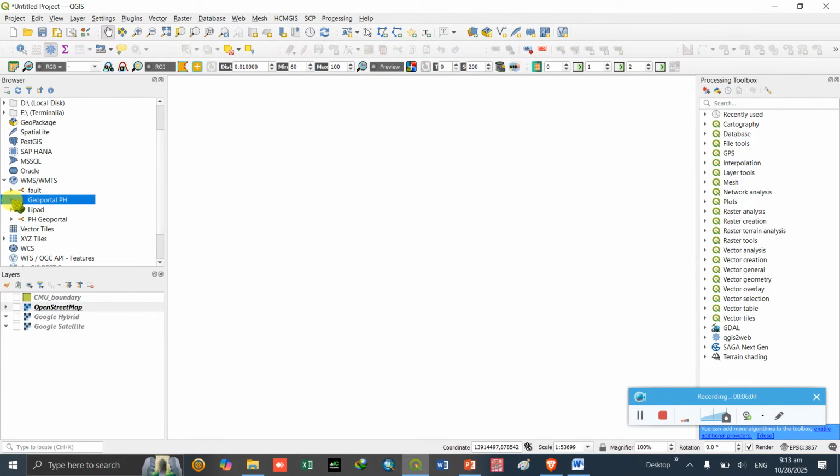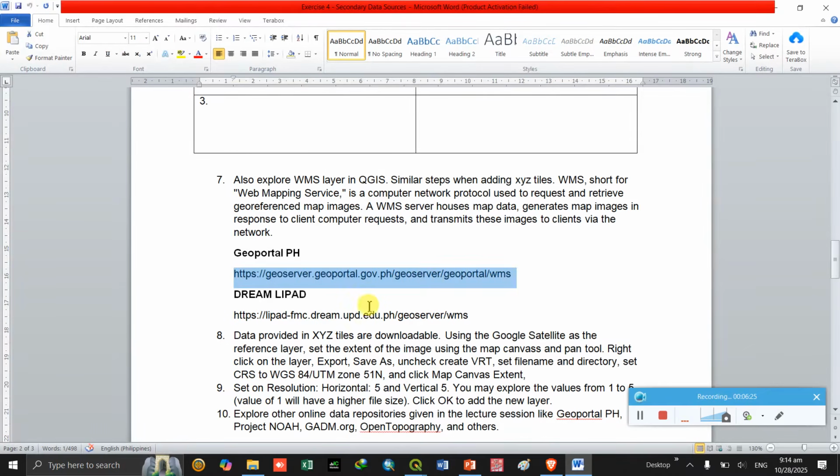So for the UPortal PH, you click the drop down arrow, and there is some loading of the network data within. We can also add another link, which is from Dreamlipad.